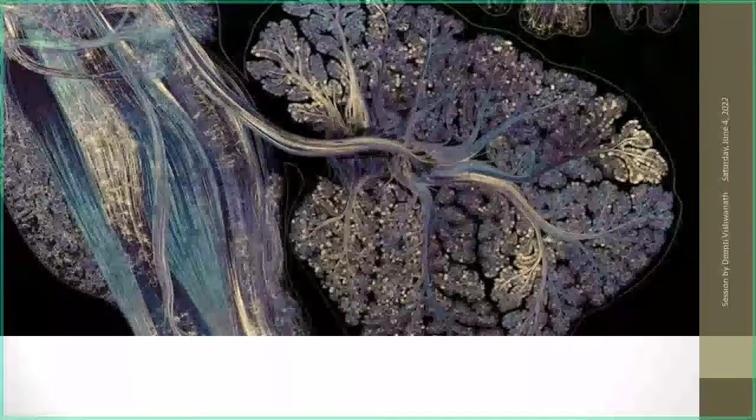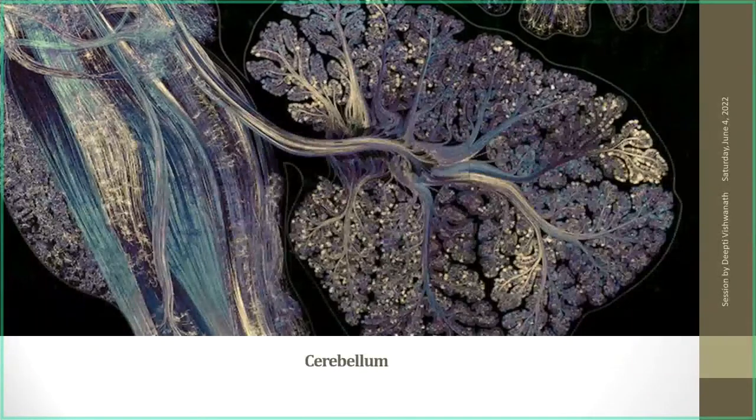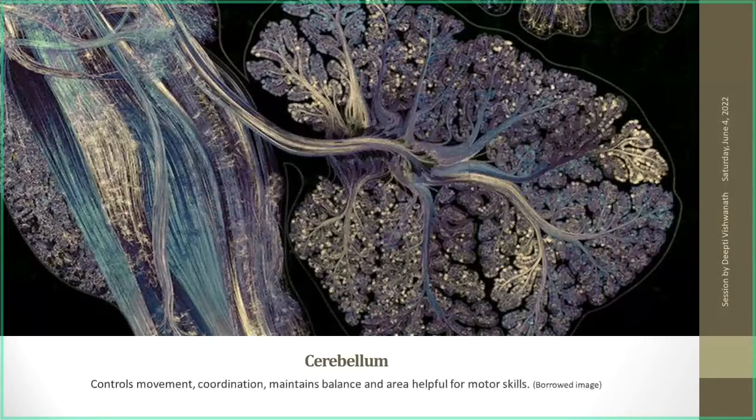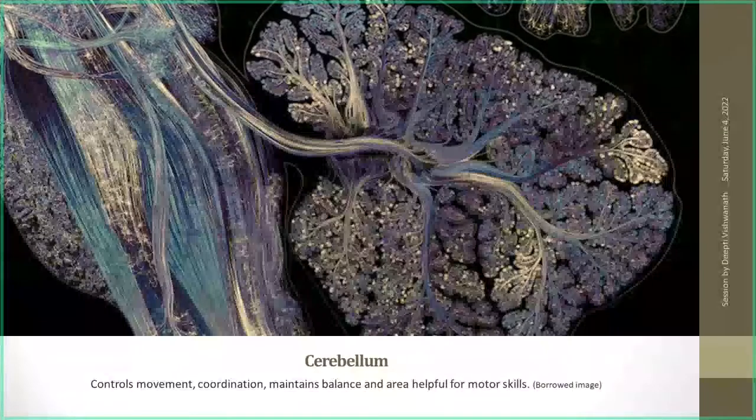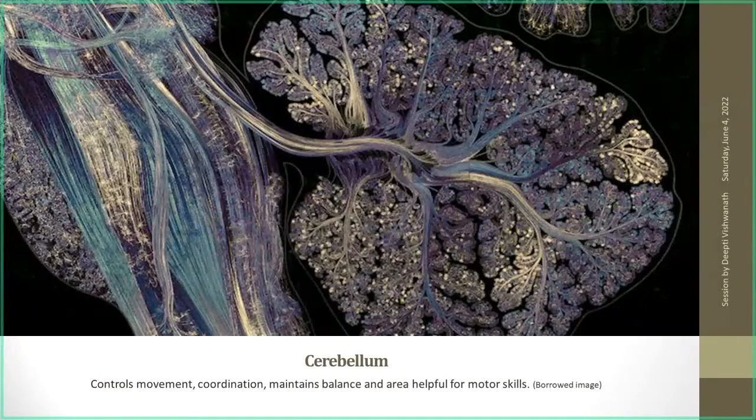Okay. But it's the cerebellum, the part of your brain which controls movement and coordination. Leaf, correct. Lungs, no. Urdhva Moolam, tree, no. It's the cerebellum. Veins in the body, very good. Good tries. No, it is not the lungs, though it does look like it. That's right. The cerebellum basically controls movement, coordination and maintains balance, which is helpful for motor skills. They even say it helps with emotion processing and things like that. But that's obviously not our point here.